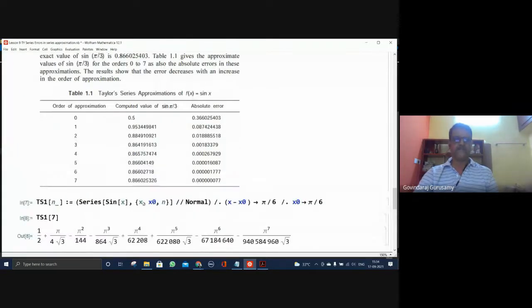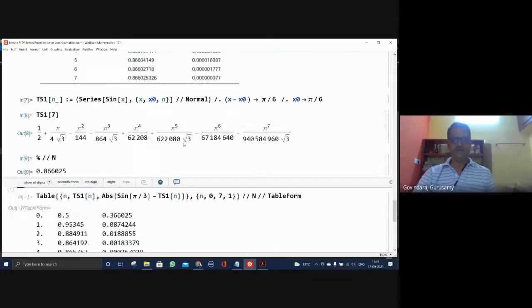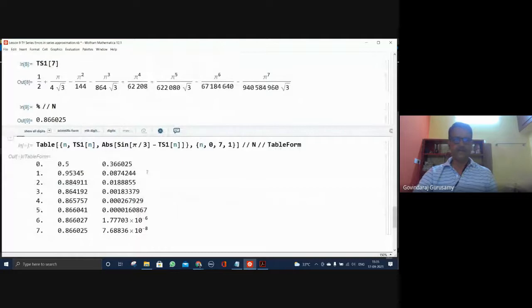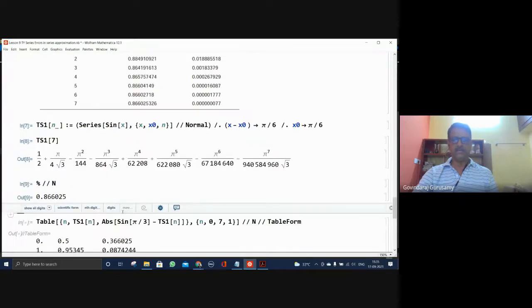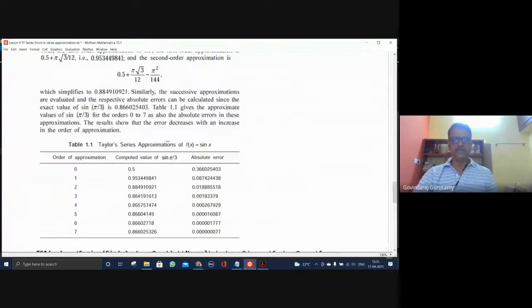Also you can write the order of approximation here. You can also write the absolute error on the top, and put it like this, given enough spacing. All these things one can do automatically. I have not done this, but you already learned it, so you can use them also. So it is 100% sure, and it is still much better than what has been given here.